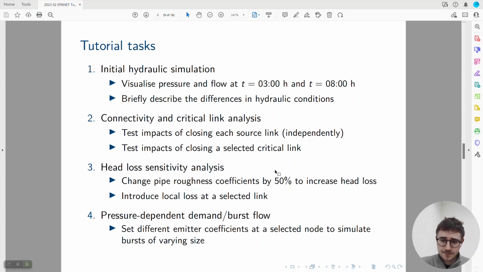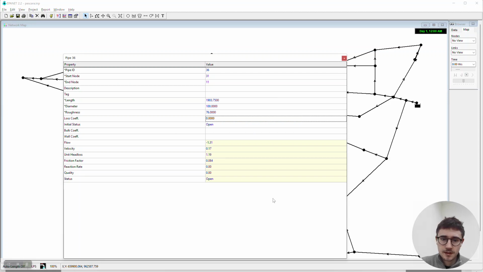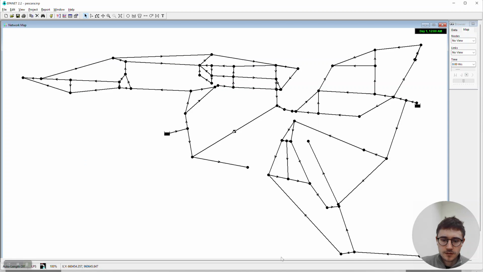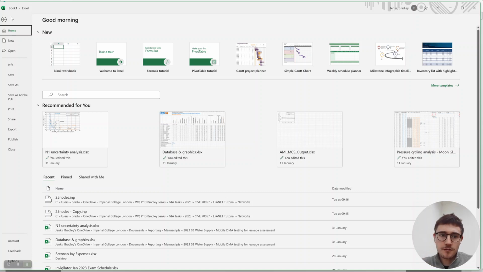So 50%. Now it would be quite tedious to go to each link, go to the roughness, and multiply by 50%, or in our case, reduce the roughness coefficient. So instead, what we can do, if we select this, is open up Excel, open up a spreadsheet, and we can open the .inp file as a text file or as a CSV. So if we go to open,